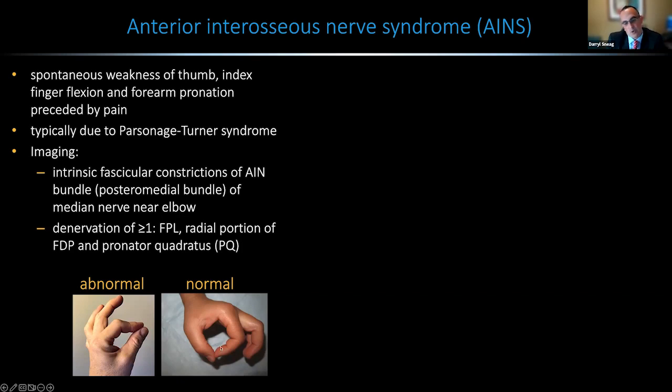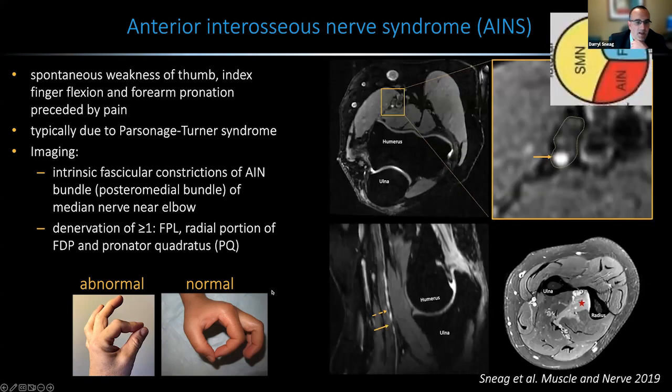And here's more normal apposition of, again, the thumb and the index finger with the FPL and the FDP, or flexor digitorum profundus muscle. And spontaneous involvement of these muscles and the anterior interosseous nerve is typically due to Parsons-Turner syndrome. And on imaging, what we see are intrinsic fascicular constrictions. So that means constrictions not of the entire median nerve, but of the AIN bundle of the median nerve above